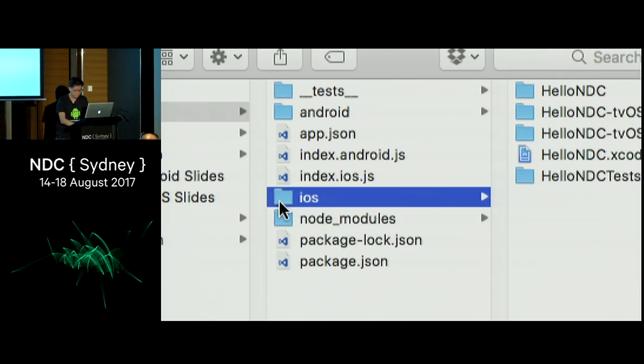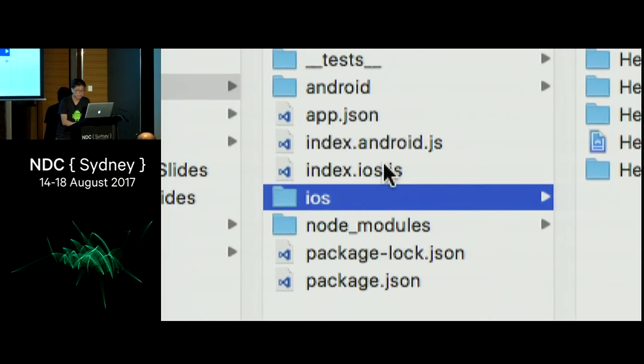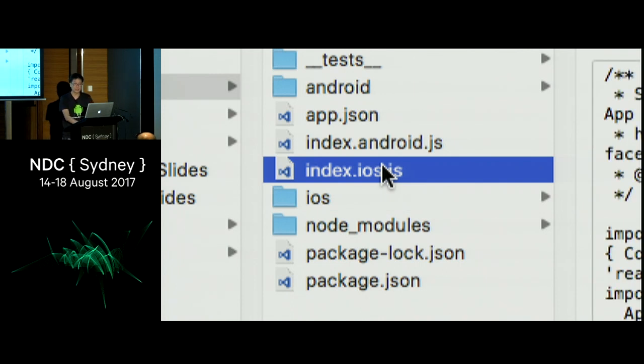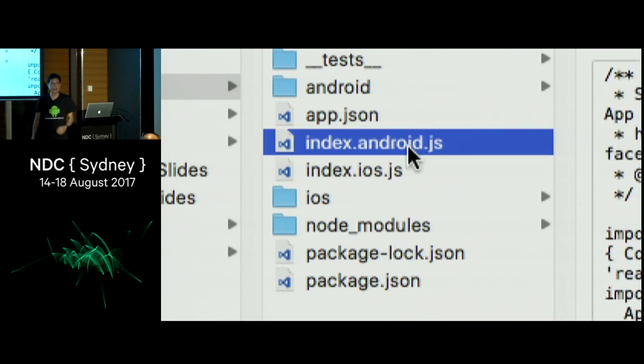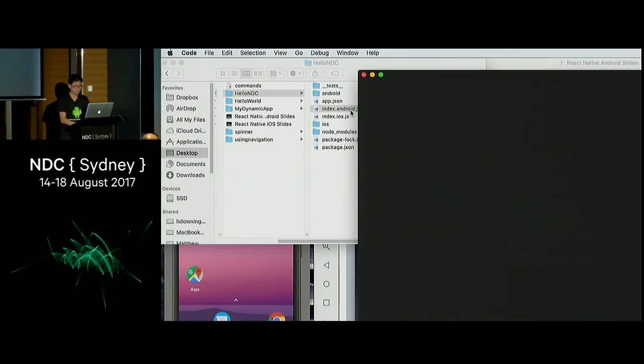And then I have two very important files, index.ios.js. This is the entry point of your iOS application. And this is the entry point for my Android application. So if I double click on this guy,